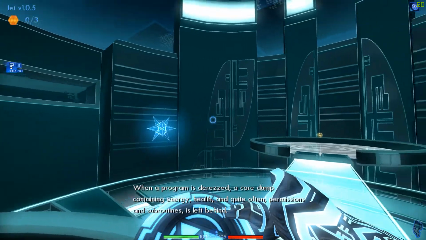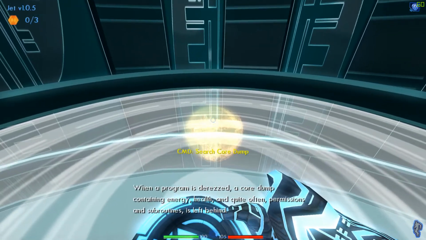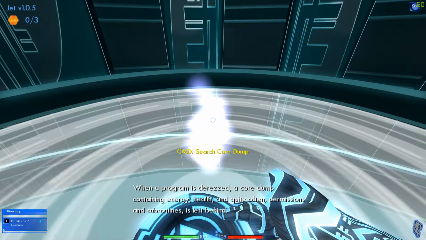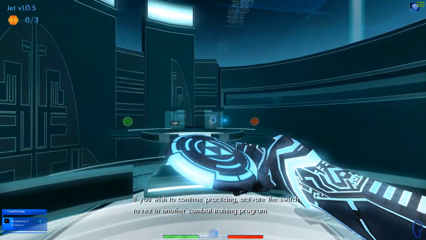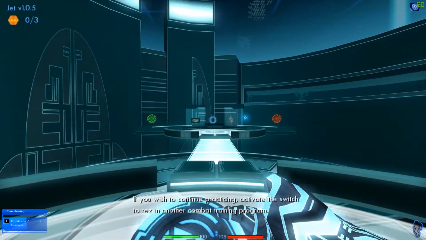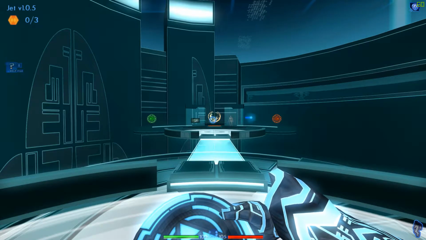When a program is derezzed, a core dump containing energy, health, and quite often permissions and subroutines is left behind. If you wish to continue practicing, activate the switch to res in another combat training program. Enter the data stream when finished.